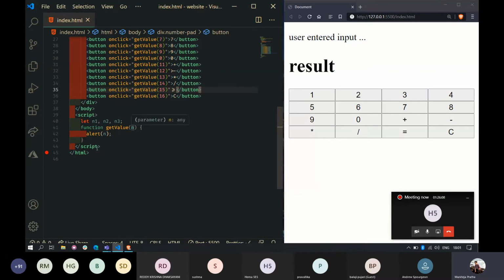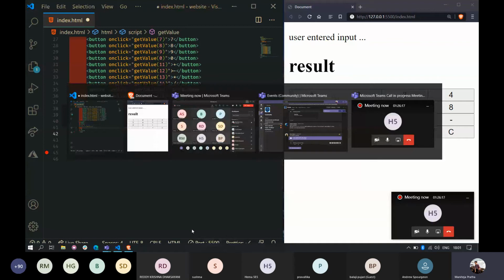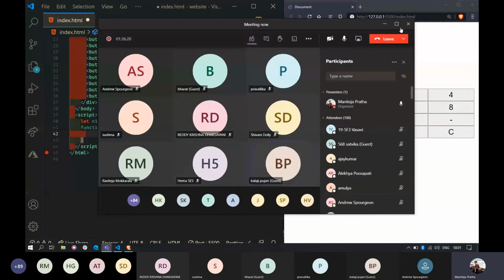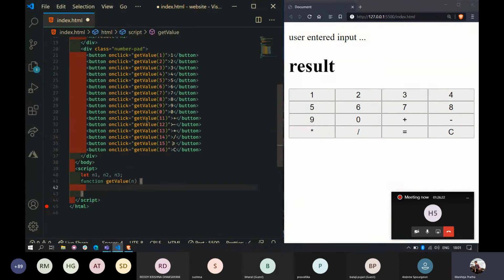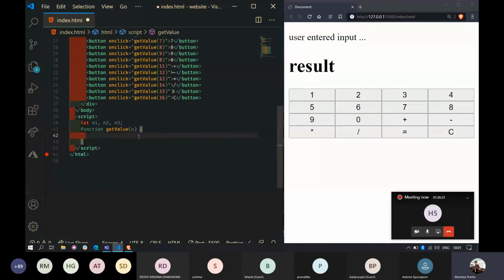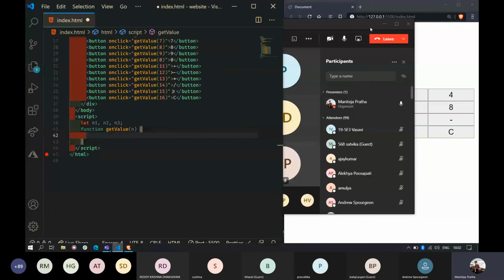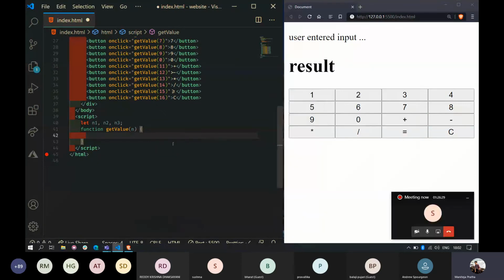Let's be quick, the time is getting over. Till now clear? Do you have any doubts? I simply attached on-click listeners to all buttons. So now here the main task begins. Whenever we are performing a calculation, we will have 3 parts, right? A number, for example, the user enters in the calculator 10 plus 20 and then he clicks the equal to button. We need to show 30, right?